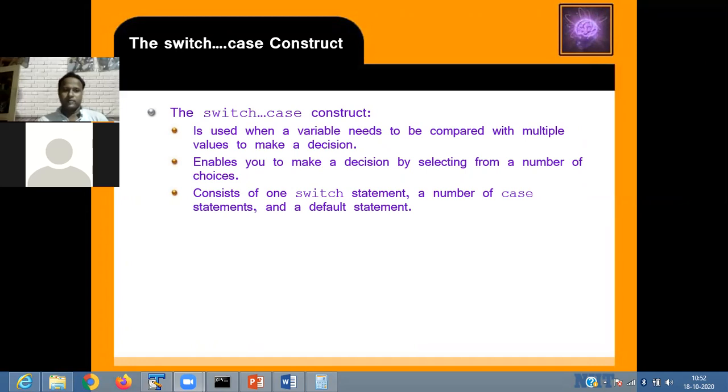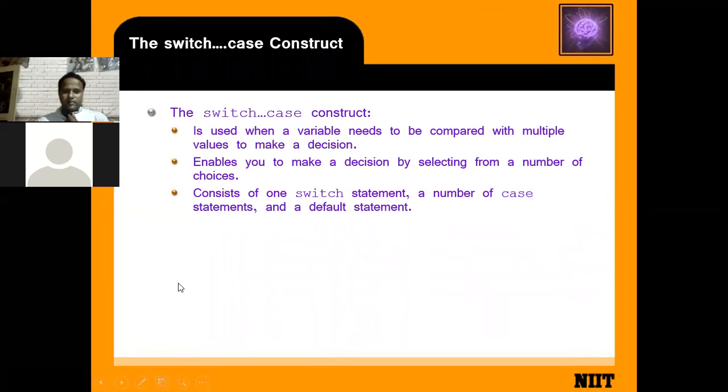Now it is clear. Is it clear? Just a minute. Check now.